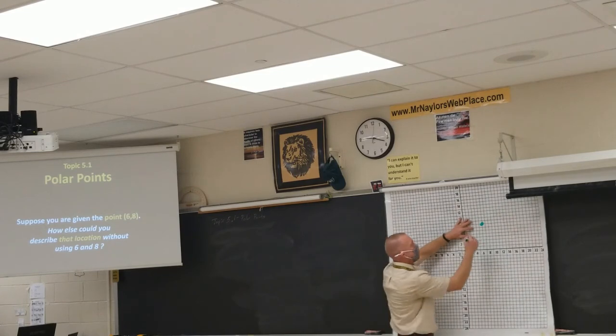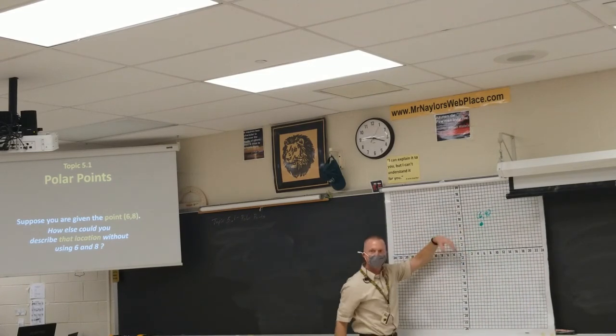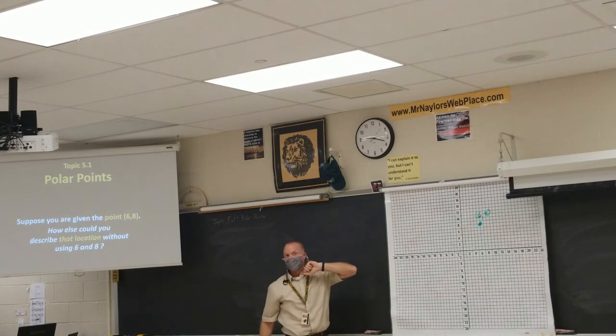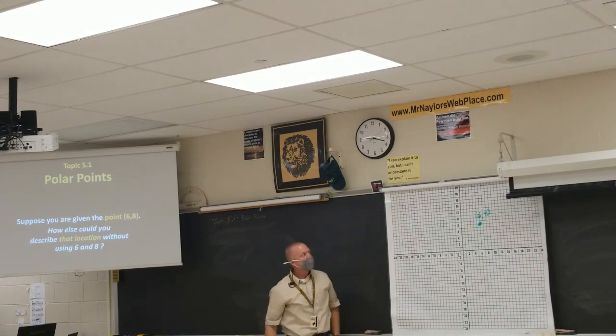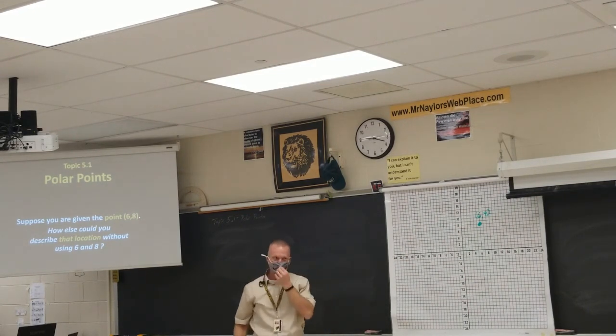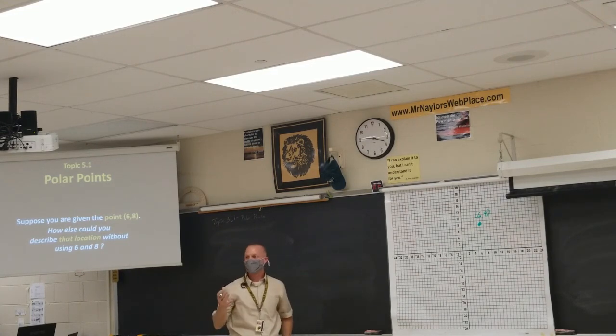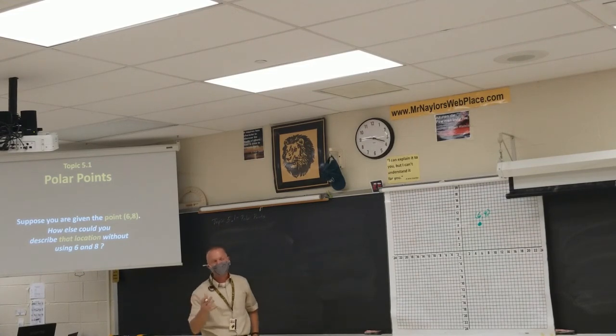That's the point (6, 8). It's been that point since the first time you graphed it, probably back in junior high. But how else could I basically get to that location? How else could I tell someone to arrive at that spot without just moving 6 units horizontally and 8 units